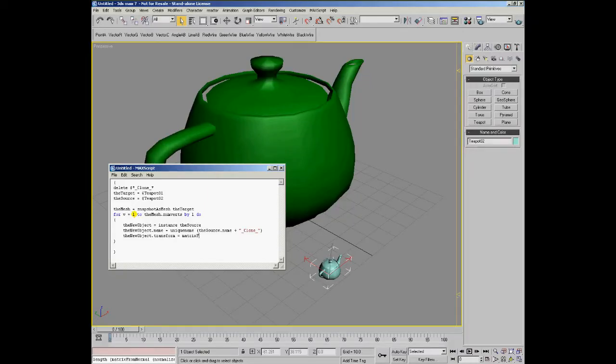to a matrix from normal, where the normal is the get normal. This function returns the vertex normal at the indexed vertex from the mesh, and v is the index of the current vertex. At this point, the clone would be placed at the world origin and rotated to look with its z-axis, local z-axis, along the vertex normal, but the translation part, the row 4, would be 0, so as next